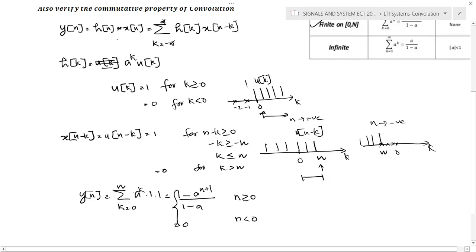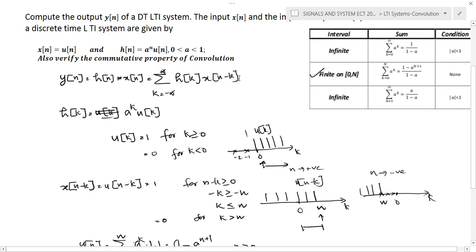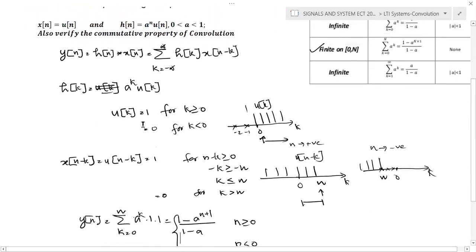So you can take the complex signal first, then find the n minus k form for the simplified signal. If you compare these signals, u of n is the simplified one and h of n is the more complex signal. By wisely choosing, you can simplify or reduce the steps. So either you can perform x of n convolution h of n, or you can perform h of n convolution x of n. Both will give you the same result.